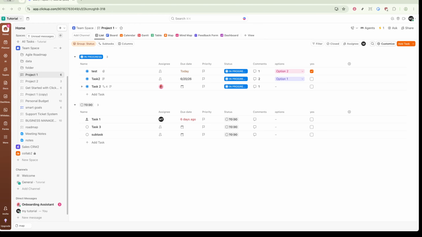Whether you're managing a small team or a large organization, this tutorial will walk you through the steps to set up and use the people field in ClickUp to streamline your workflow. Let's get started. To begin, open your browser and navigate to